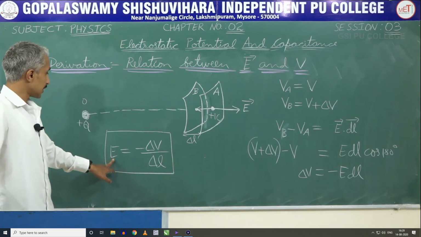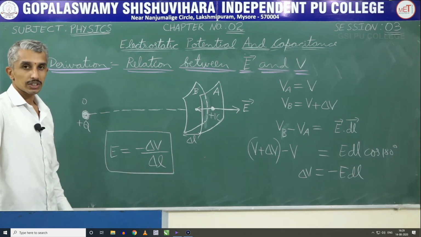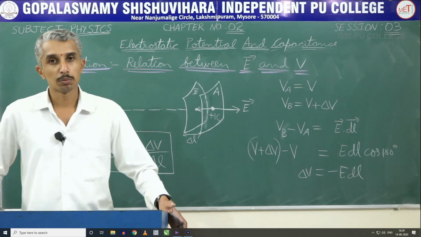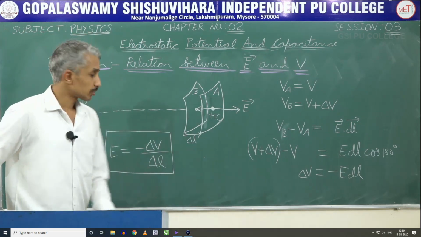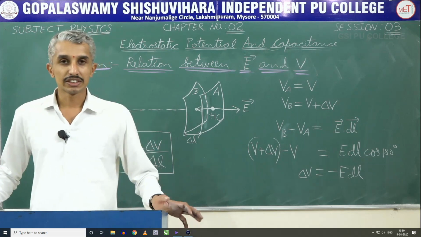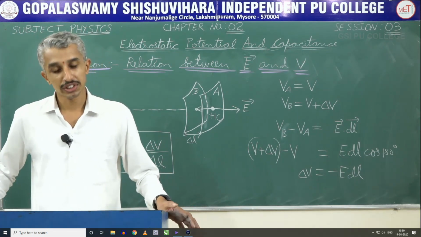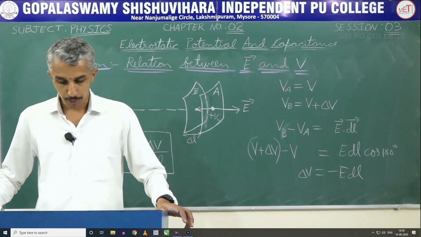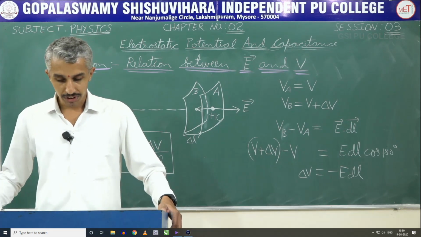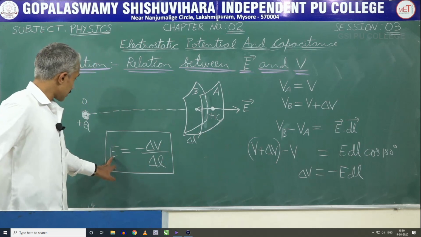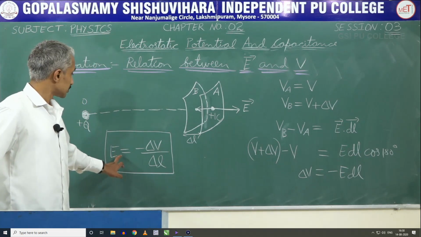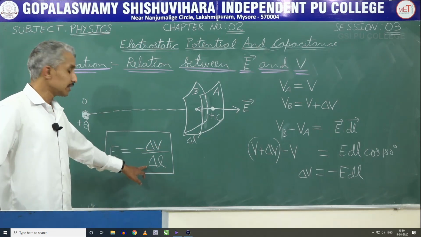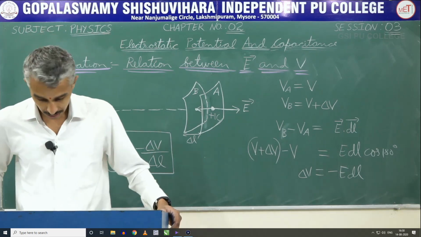So this is the relation between electric field and electric potential. The electric field at a point is the negative of the potential gradient at that point. In NCERT, it has been concluded at the end that the field is in the direction of the steepest decrease in potential. It has also been mentioned that the magnitude is given by the change in potential per unit displacement normal to the equipotential surface at that point. Here the magnitude of electric field is given by the change in potential per unit displacement in the direction opposite to the field. That's it for today.